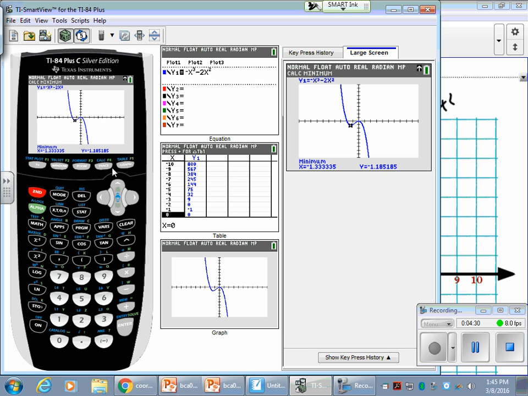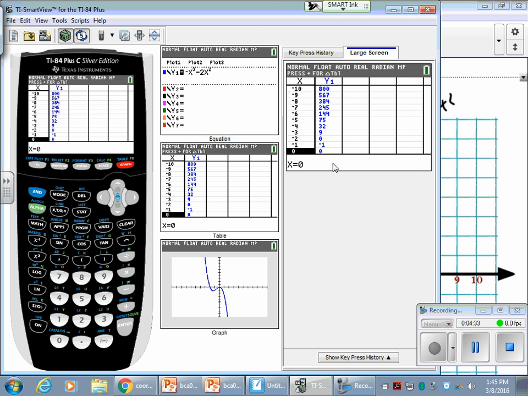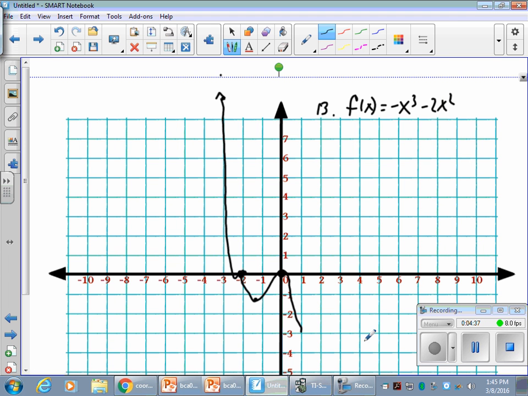At 1, it's at negative 3, and at 2 at negative 16. So it looks like I'm about to hit that one if I'm making it smooth. 1, negative 3, and then 2, negative 16. So it's going like that. So not the best because it's really hard to draw on this thing, but make sure it's real smooth, and then